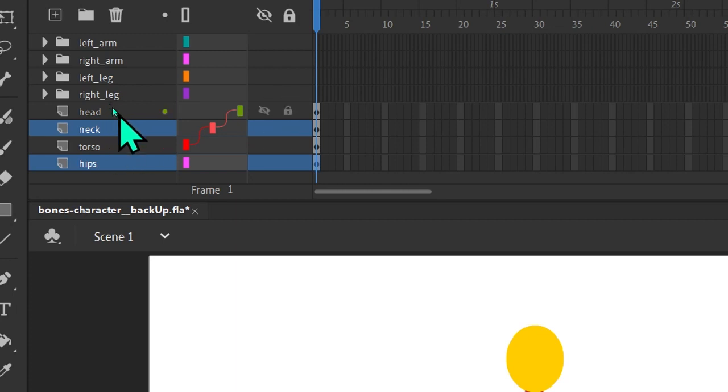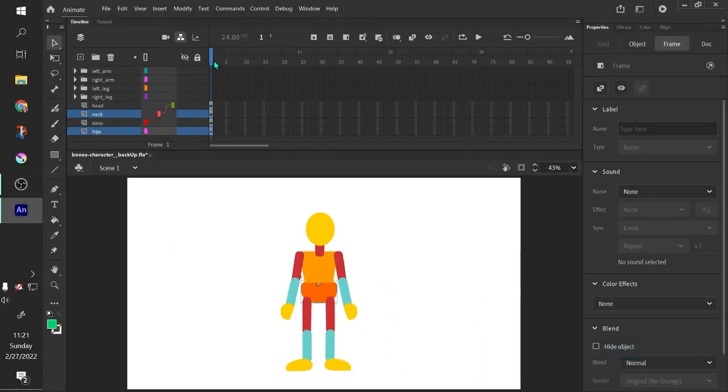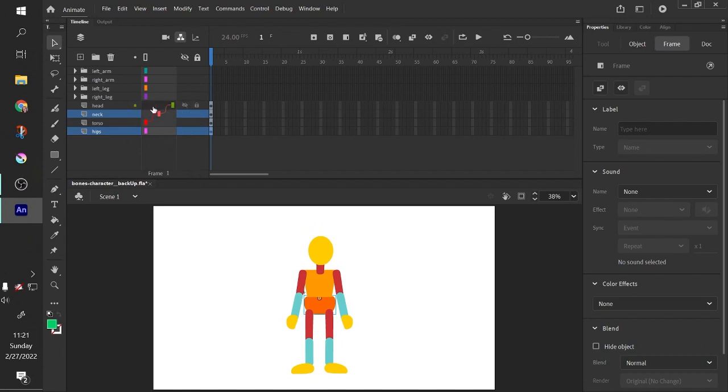This is our layer hierarchy, or our order of layers: head, neck, and torso. And then our parenting hierarchy actually goes torso, neck, and head. So our layer hierarchy and our parenting hierarchy are reversed. So this is the direction that we want our parenting hierarchy to go in. And what you will see is that this pattern is going to follow through all the rest of these layers